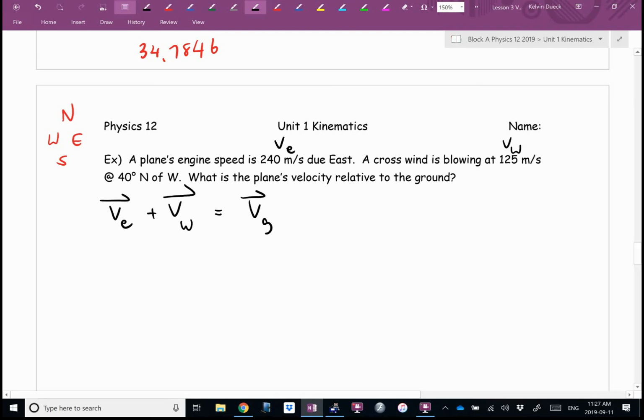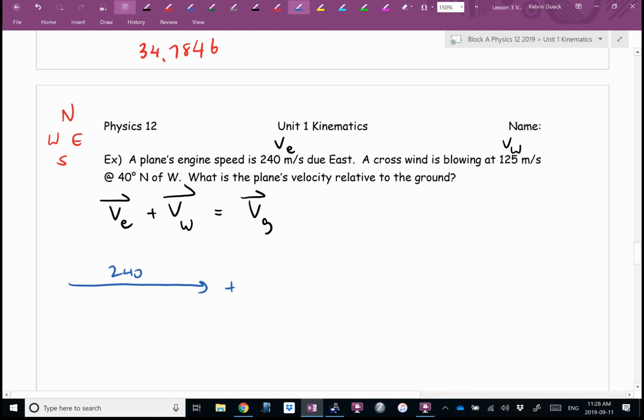You know what makes this a yucky question, Mason? As soon as I see degrees, it means it's a non-right angle triangle. Oh. Here we go. Engine velocity, 240 east. Well, that's going to look like this. Plus wind velocity,